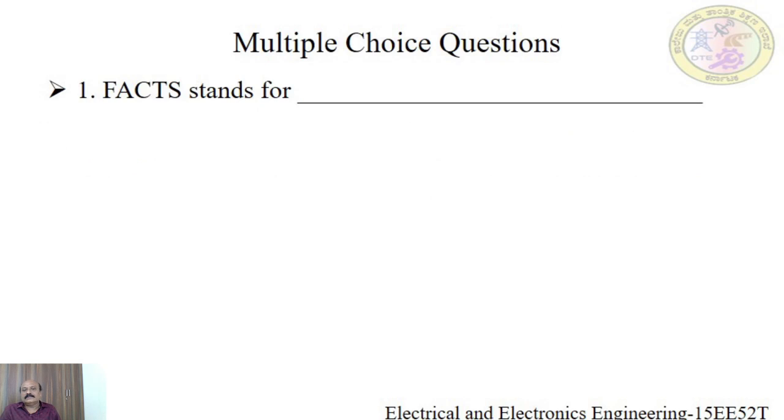Now let us revise the entire session with the help of the multiple choice questions. Number one, FACTS stands for. We have seen the definition, the meaning of the FACTS, and why we are using all these things. FACTS stands for